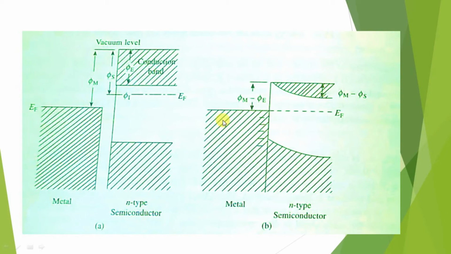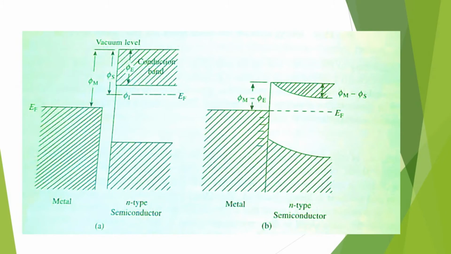Whereas if you see from the metal side, metal has a greater number of free electrons for conduction. However, this energy barrier is relatively high compared to the energy barrier for the semiconductor. So electrons are more and the barrier is high. So overall, at equilibrium, we can say that almost an equal number of electrons travel on both sides, from metal to semiconductor or from semiconductor to metal. This is the simple situation of this junction.